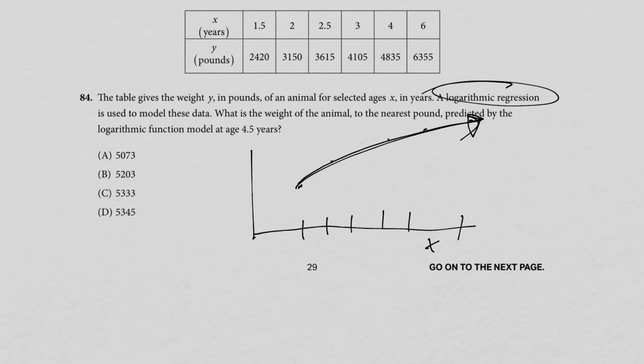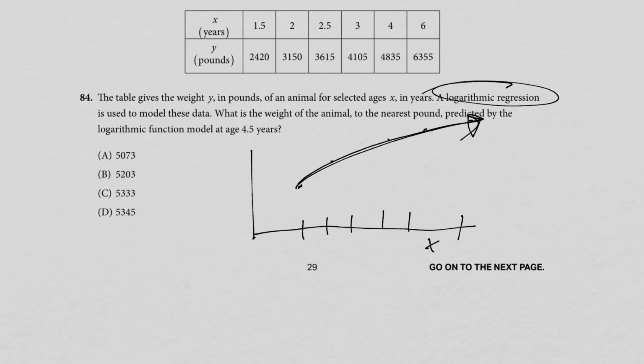Sorry, I'm not able to show you what's going on there. But what I'm doing is typing into L1: 1.5, 2, 2.5, 3, 4, and 6. And in L2, I'm putting 2420, which is 1 away from 2421, the address of the house I grew up in, 2421 Babylon Turnpike, 3150,